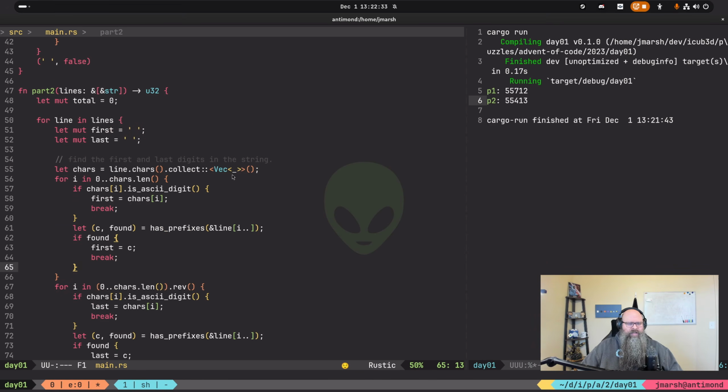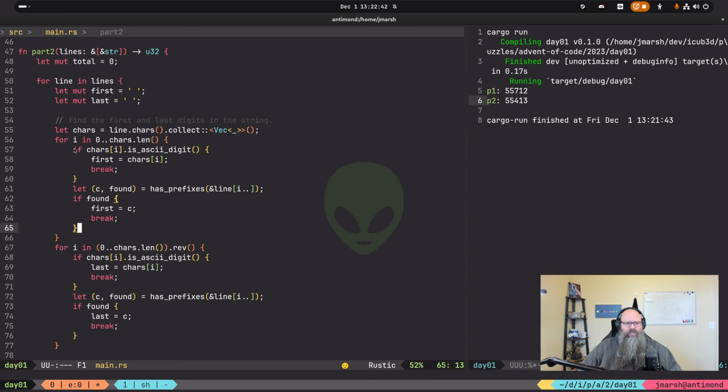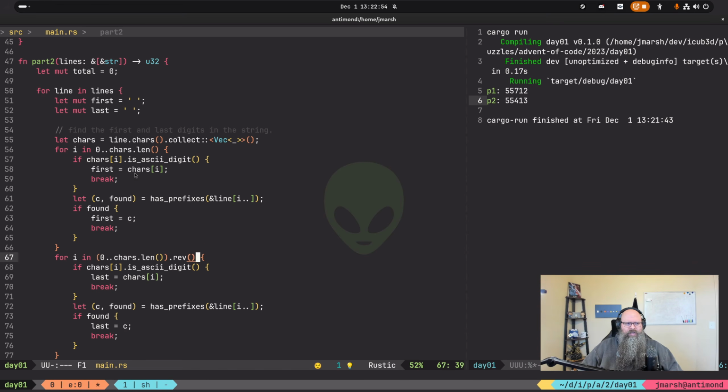That might simplify the code a little bit. In fact, the logic is the same. These chunks are the same, so we could actually write a function that kind of does this whole thing and just does it on this and then the reverse of this and get the first and the last.